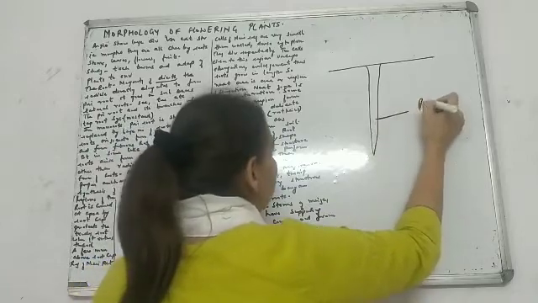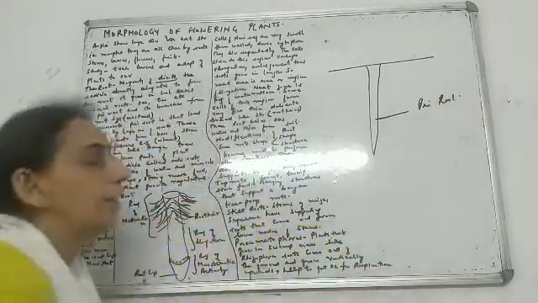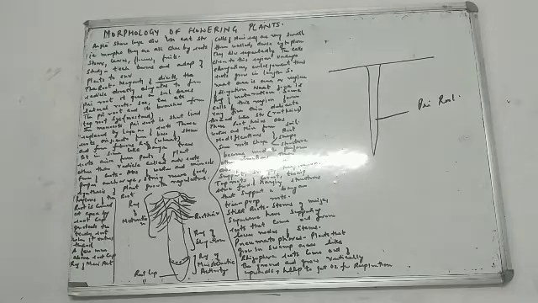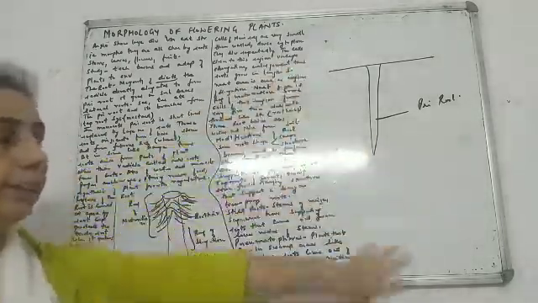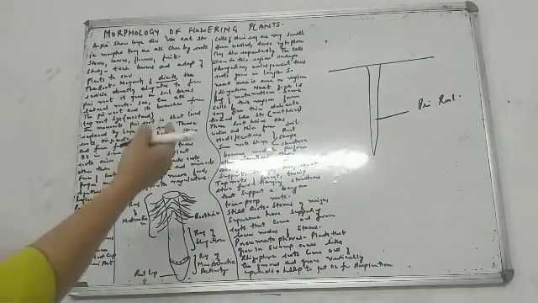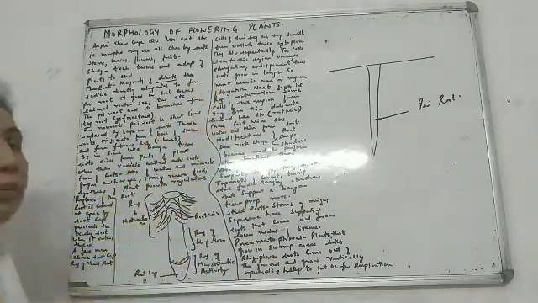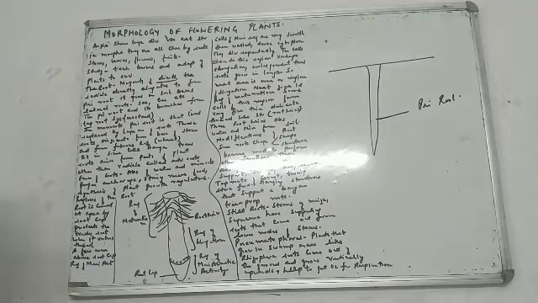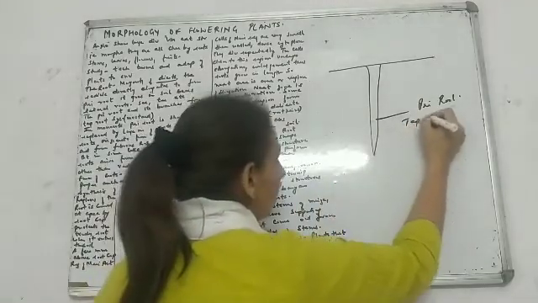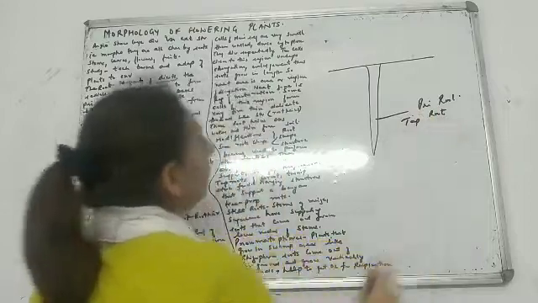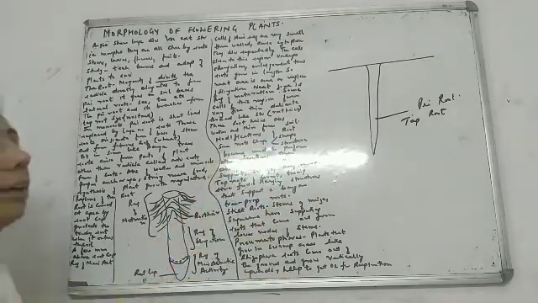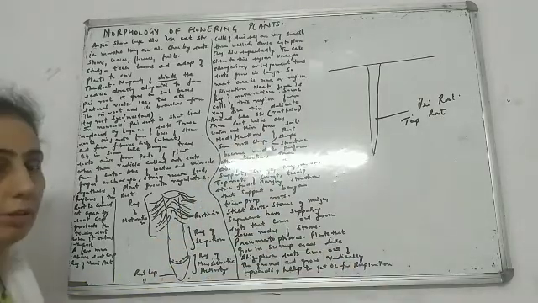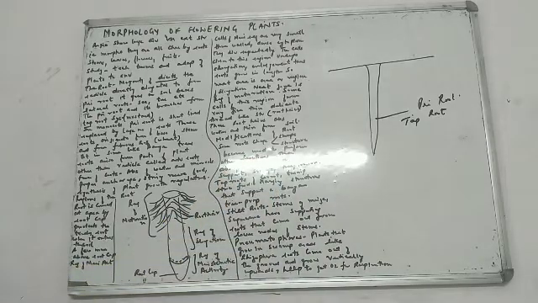This is your primary root. Where is it grown from? It's a thick root, the primary root. It has grown from the radicle. It is the radicle only which has become elongated, which has become long. And it is thicker. If you see, this is the main root. We call it the primary root, or the other name for this root is also taproot. What is taproot? The radicle, when it becomes elongated, becomes thick and long, then we call it the taproot.